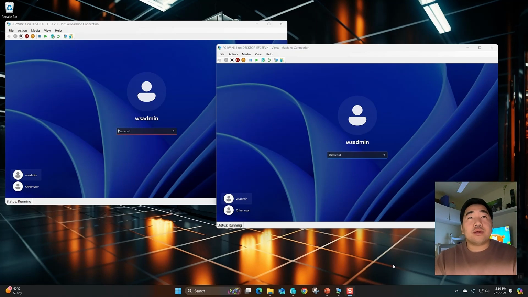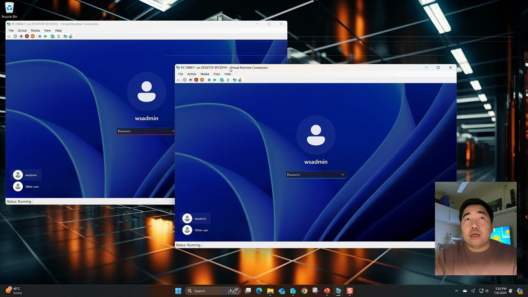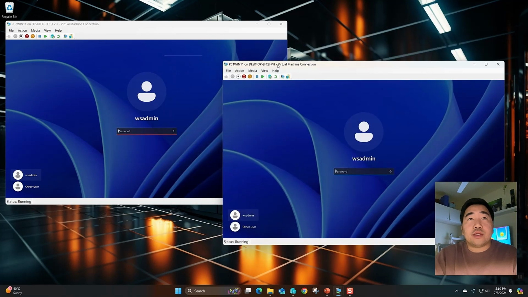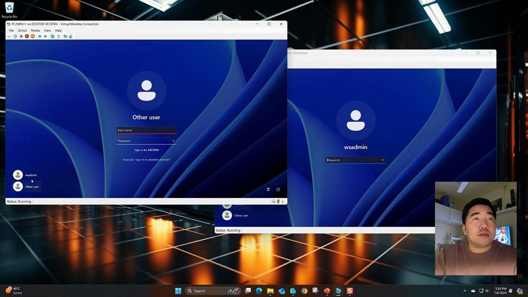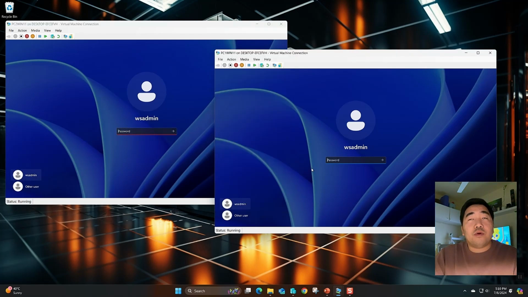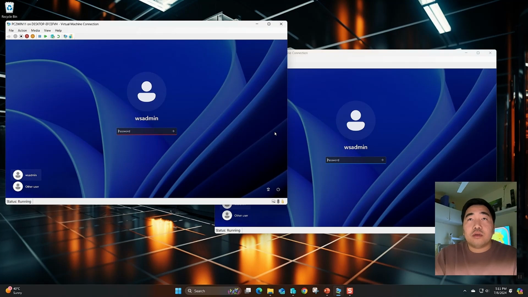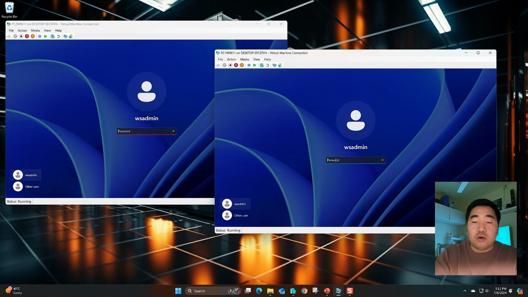So now we will try to log in. As you can see, there is other user now. We can sign in from user account from the domain. So as you can see, the NetBIOS Medina, it's already registered here. Same with the other PC. So now before log in, I will log into the local admin first, and then